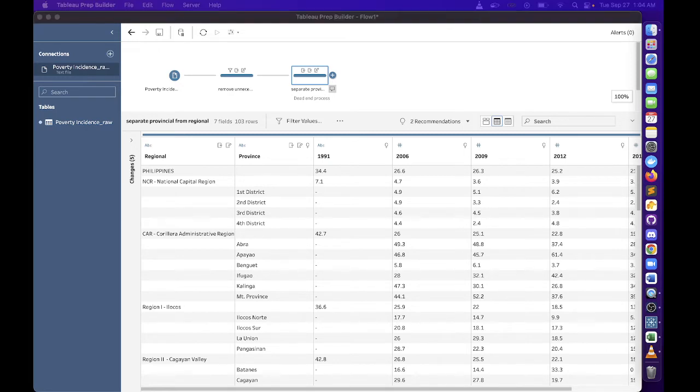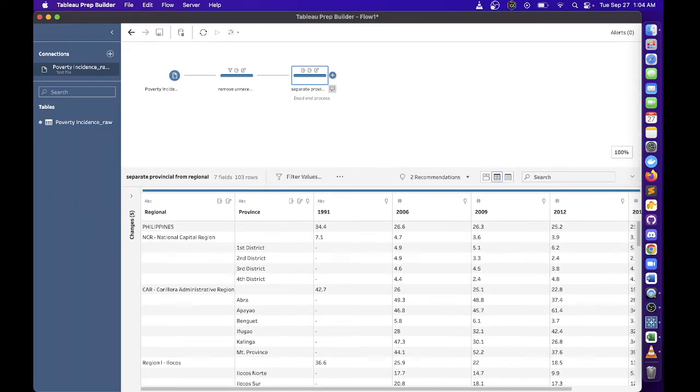Since we know that our data is already at the provincial level, we can extract the provincial level here. What we can do is just consider all provincial data and remove the other regional and national level data. So I'll add another clean step here,